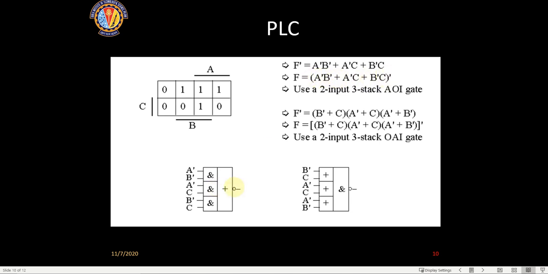So this invert maps here, and then you have these AND gates available here. You will put a dash b dash to this AND gate. There is one more AND gate, a dash b dash, and an OR gate here. So this will get mapped like this. So these kinds of gates are available in the PLC. This kind of gate is already available. This is a module, so in the software program you can just pull it down.